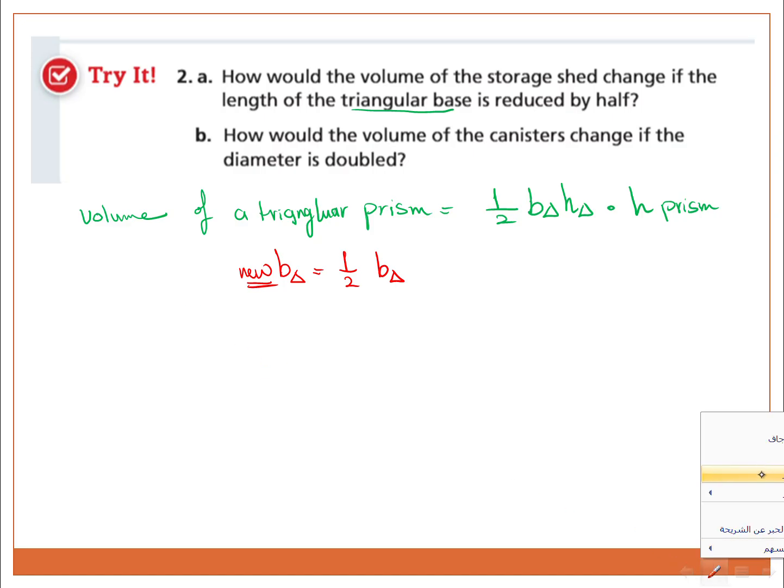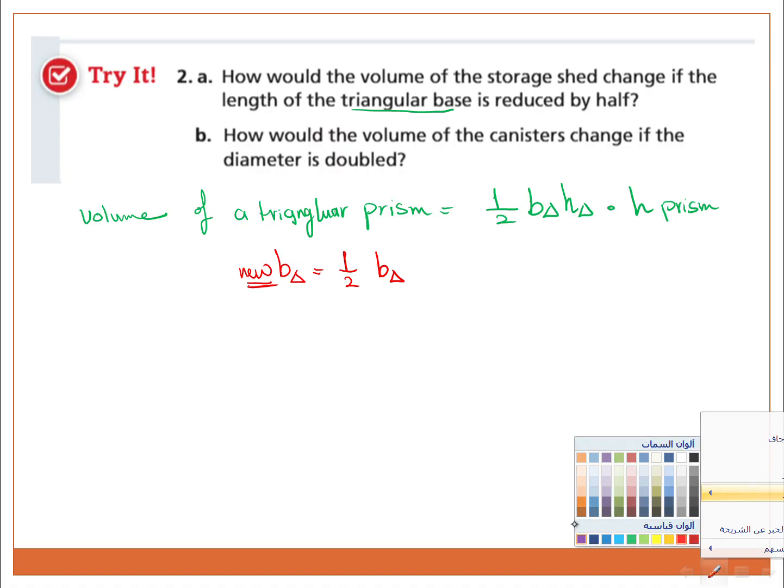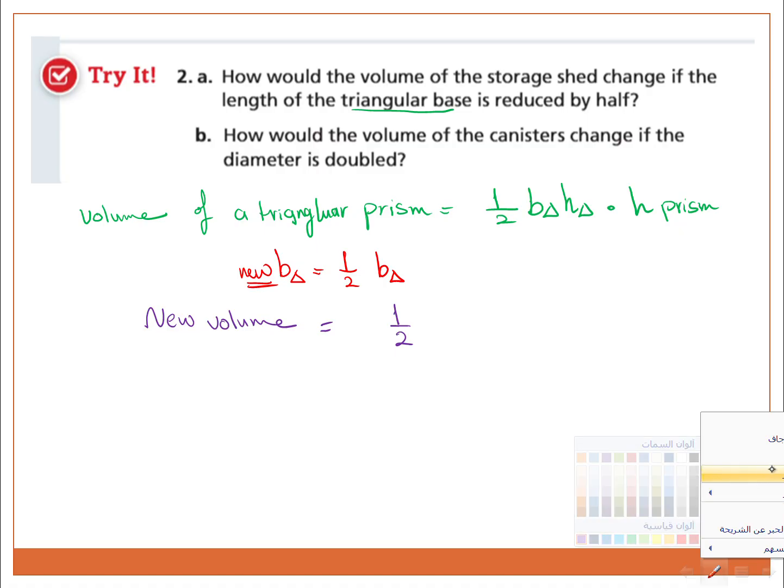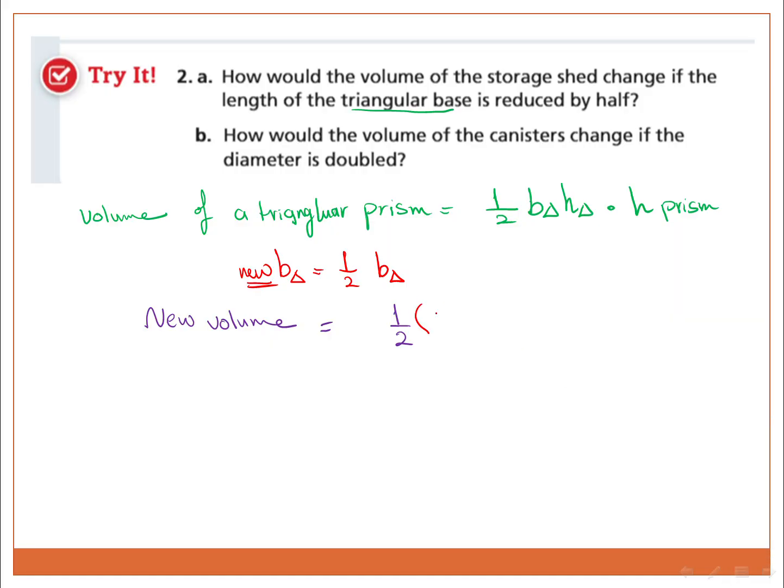Substitute here in the previous one. Let's substitute together. So what is it going to be? See here? The new volume will be half times half times BH. I'm going to come back to the same color just to see what the difference is between this one and the previous one. So I'm going to just change this one: half the base of the triangle times the height of the triangle times the height of the prism,